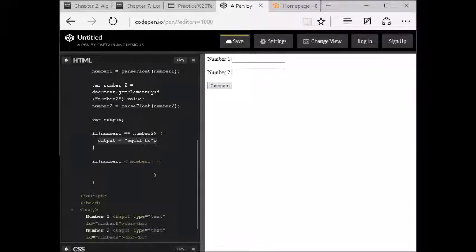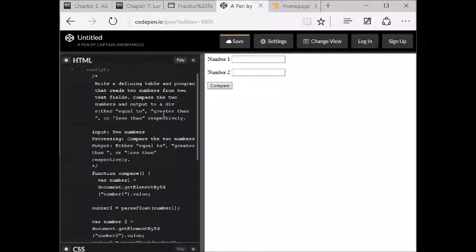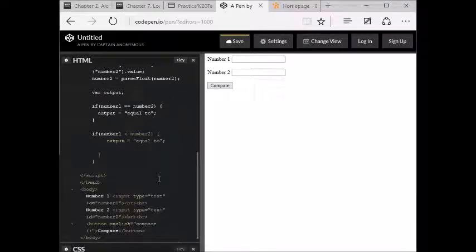And then we're going to say that the output needs to be less than. And if you just copy and paste, you're less likely to make a mistake. One more. If number1 is less than number2,